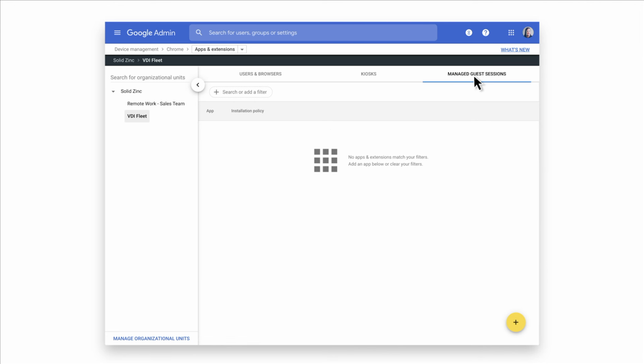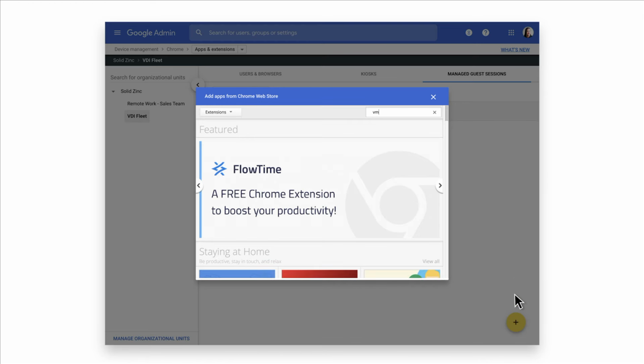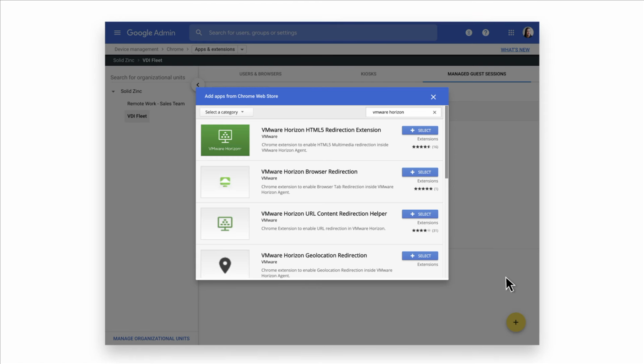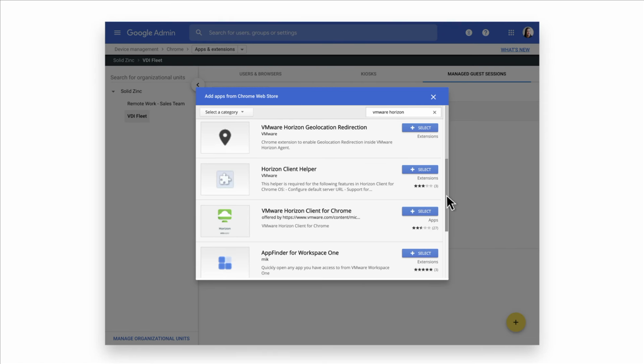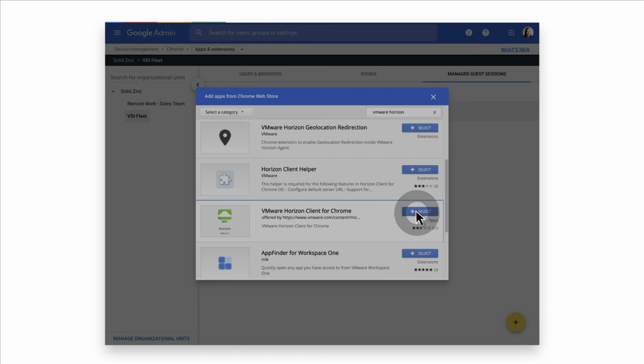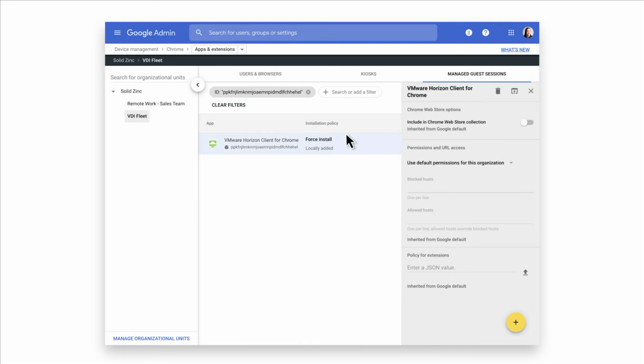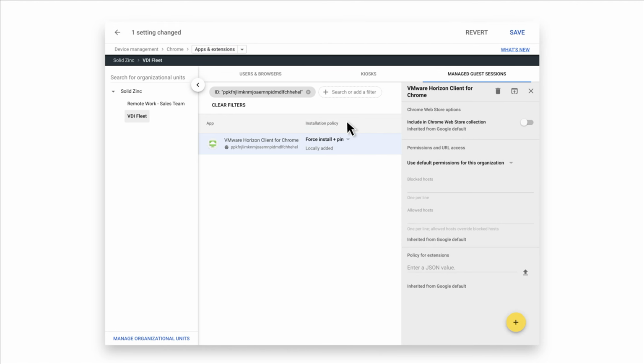To add a Chrome app, highlight the yellow plus sign in the bottom right corner. Select the Chrome Web Store button and search for VMware Horizon. Locate VMware Horizon Client for Chrome and click Select. Change the installation policy from Force Install to Force Install plus Pin to pin an icon on the user's dock at the bottom. The final step to connect your Horizon portal will require creating a configuration in the form of